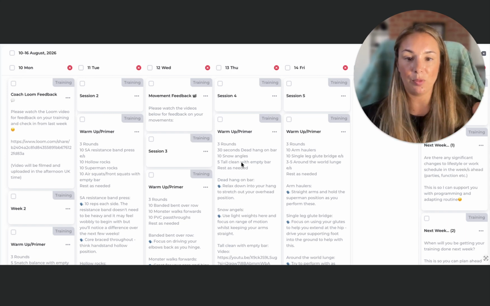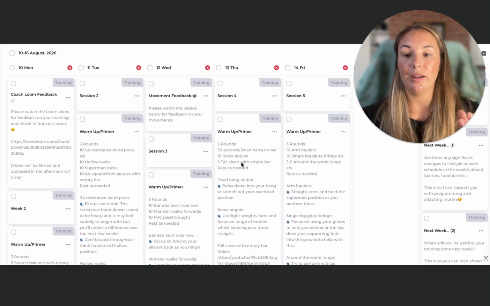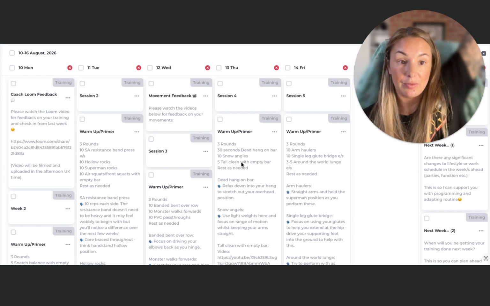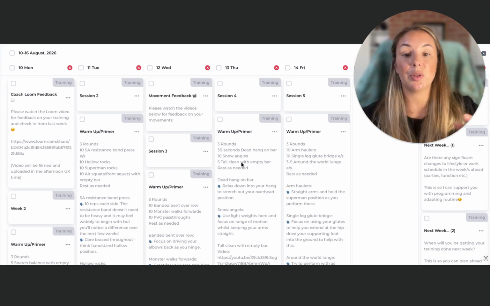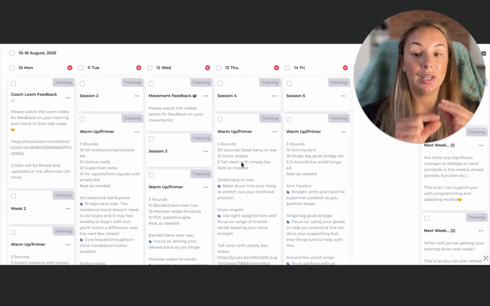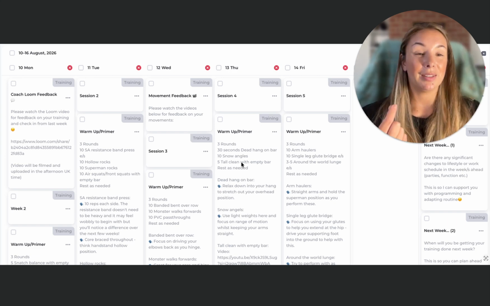What I do with these warm-up movements is I use them to see how a client is moving. For example, if they are struggling with their dead hangs on the bar and to relax right down, or they're struggling with their grip strength, then I know, and I take that one thing that we've noticed and we add it into programming if needed. Because that's the other thing.